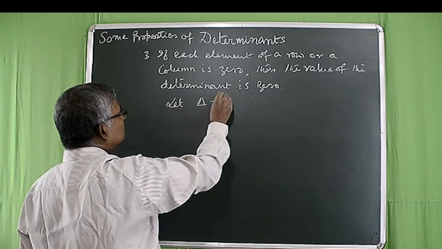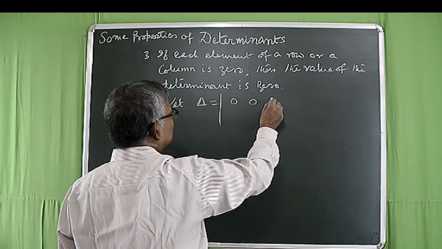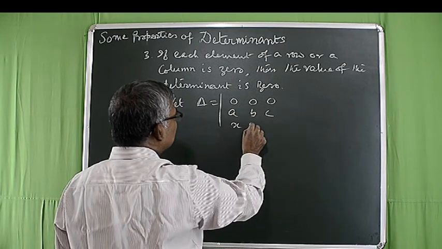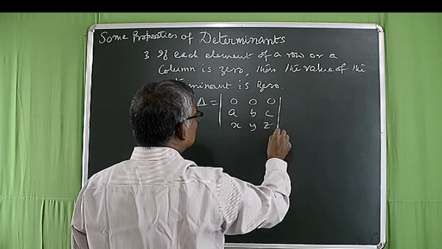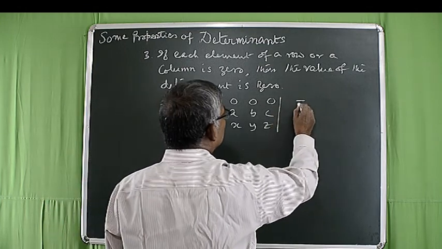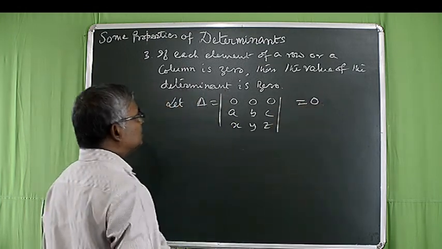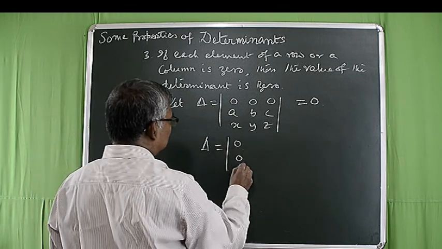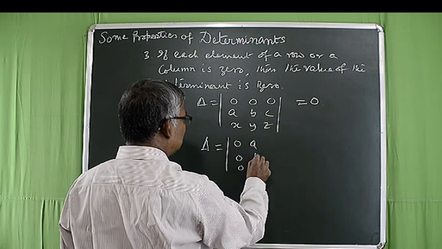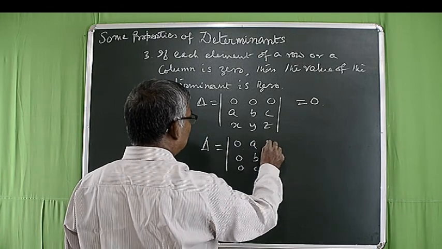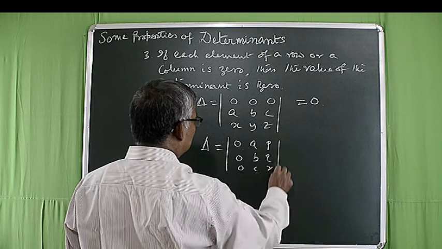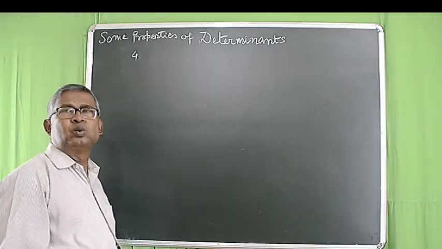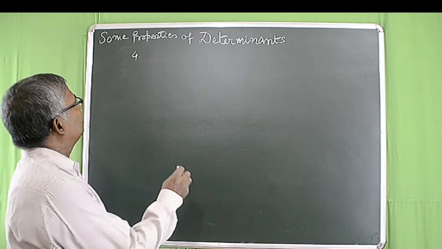Let del equal to 0 0 0 a b c x y z, then del equal to 0. Similarly, let del equal to 0 0 0 a b c p q r, then also del equal to 0. Students, let us consider the next property,